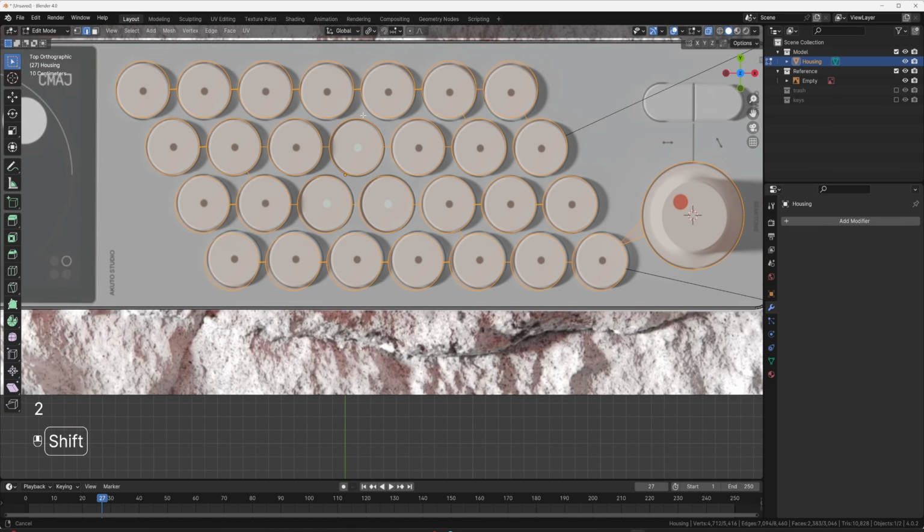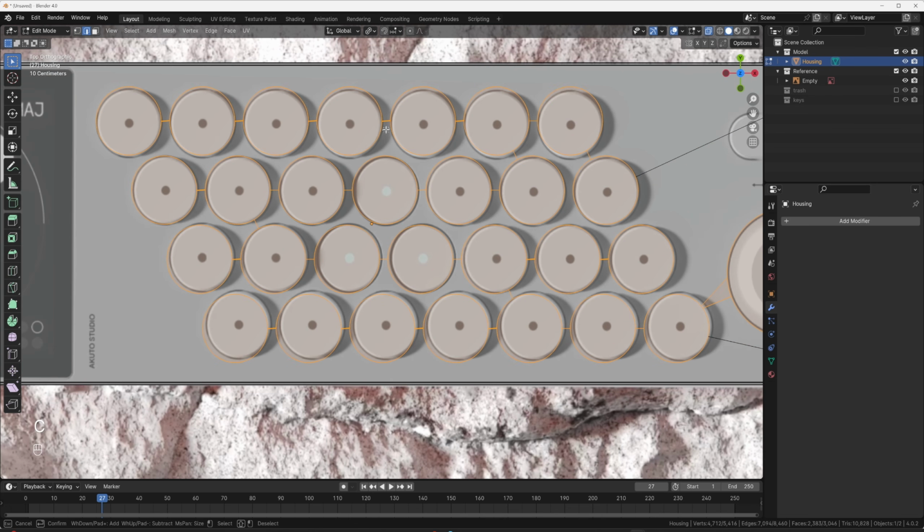So I'm going to hit 2. And then a good way to do this is just use C, which is basically the brush tool. And then if you hold the middle mouse, it'll deselect. So what I need to do right now, it's a little bit tedious, but I need to deselect and make sure you don't do what I just did, which is hit some of those edges in the middle.